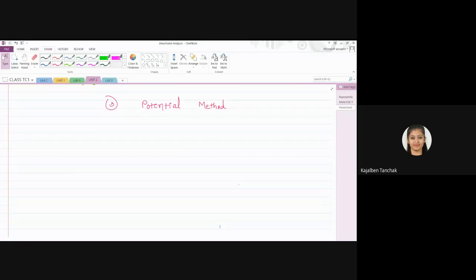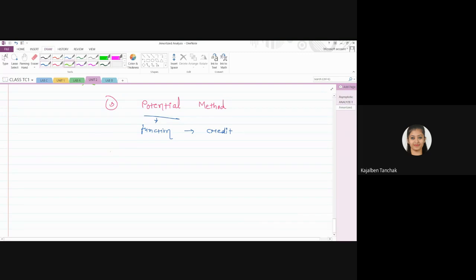So how can we find the potential function? We have to use some formula. Here the potential is one function in which we store the credit. In this method we don't have the credit as some kind of unit, but we have a function, and based on this function we identify the amortized cost. So we need some formula. How can we do this?